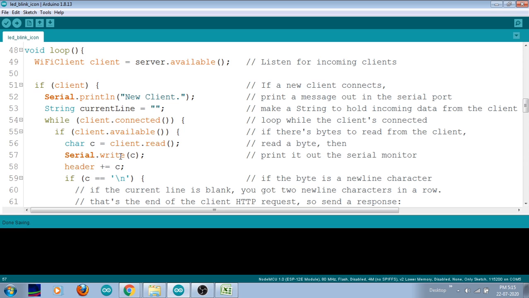Now we will be checking the current line length. Okay, so we will be checking the size of the length. Suppose it is not equal to 0, then we will be proceeding. Okay, if it is equal to 0, then we will be doing this particular operation. So client.println, and again your HTML code starts from here. Whenever you want to write HTML code inside your NodeMCU, you have to add this particular line: client.println, open bracket, then double quotes, then you write your HTML code, and while completing that line you have to end with the double quotes, the closing bracket, and a semicolon. This is common for all the lines which you are using to design your HTML code.